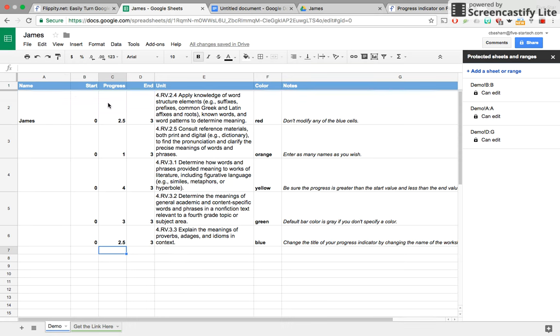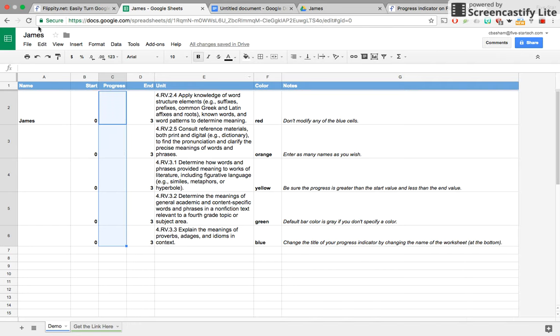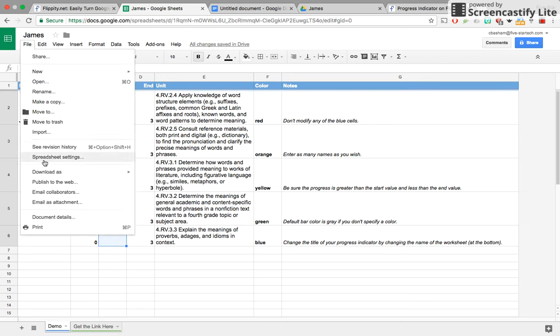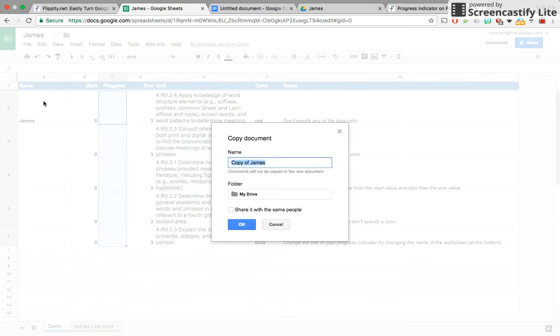For each student to have their own sheet, I would suggest deleting everything in the progress section so it starts at blank and making a copy for each student. To do this, I would say File, Make a Copy, and then here I could choose to name it for my next student. For example, I could say Vanessa. In the folder section, I could have a folder where I would keep all of these. Once I make the copy, it will open up